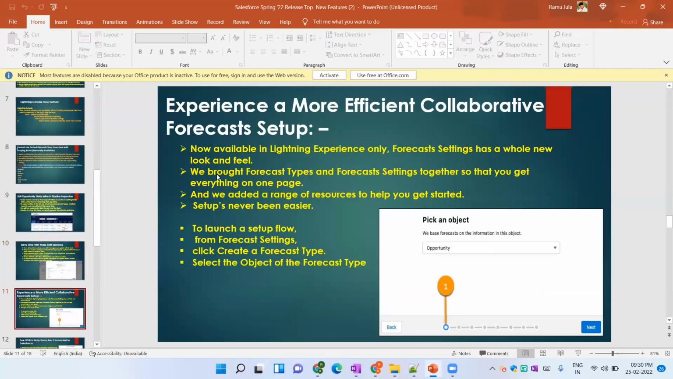Another feature is experience more efficient, collaborative forecast setup. Now available in Lightning Experience only, forecast settings has a whole new look and feel. We brought forecast types and forecast settings together so that you get everything on one page only. And we added a range of resources to help you get started. Setup has never been easier. The navigation: click on Setup,